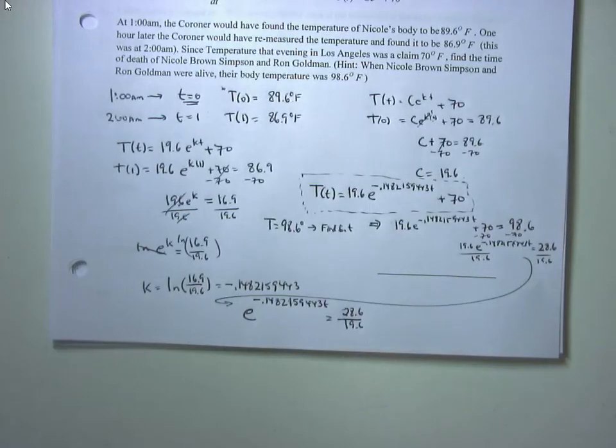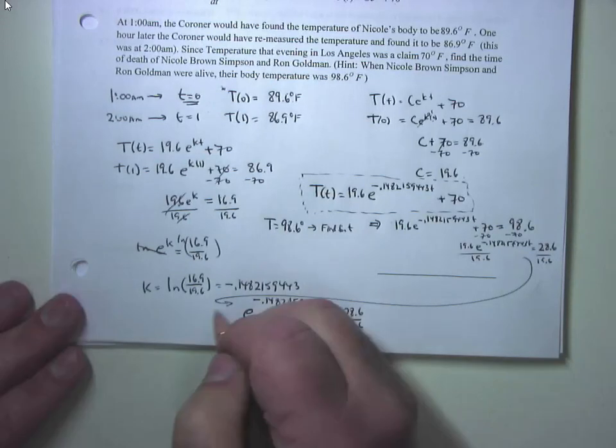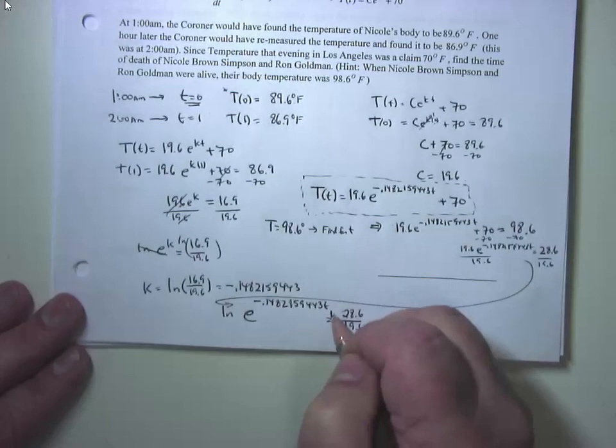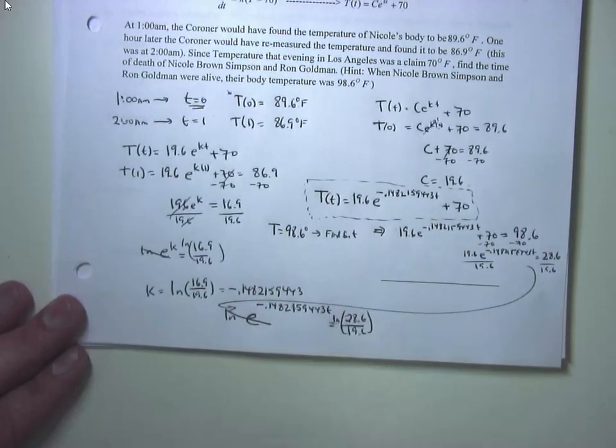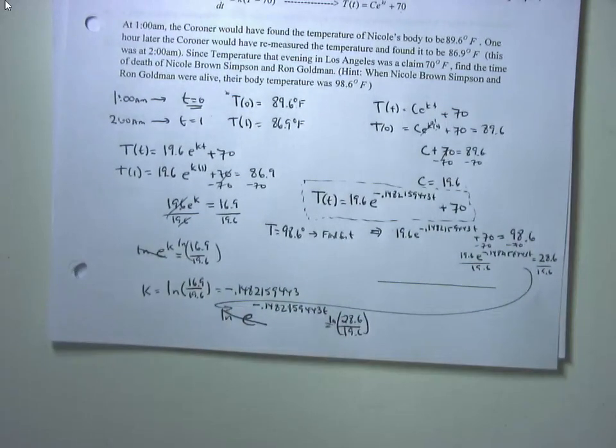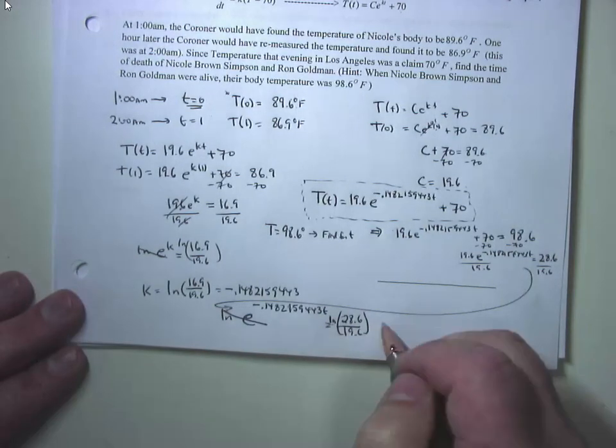Now what am I going to do? What kills off that e? Take the natural log of both sides, and I'm trying to save some space here. Natural log of both sides, so this cancels. And now what am I going to do to solve for t? I'm going to divide both sides by